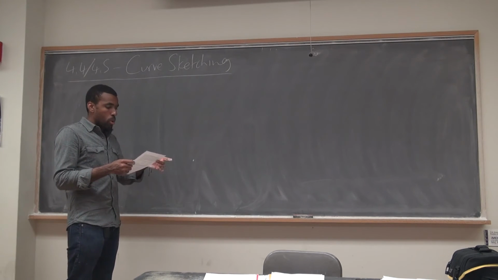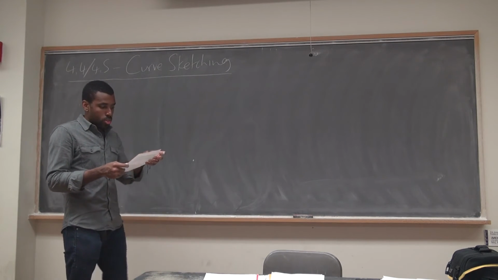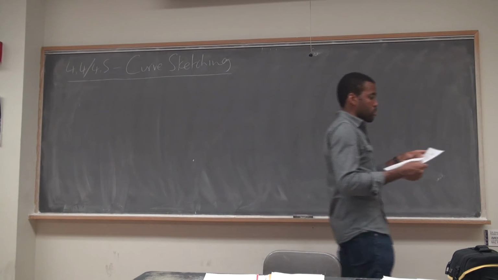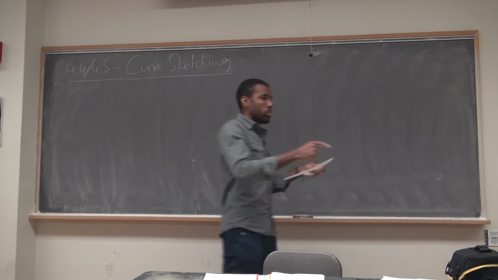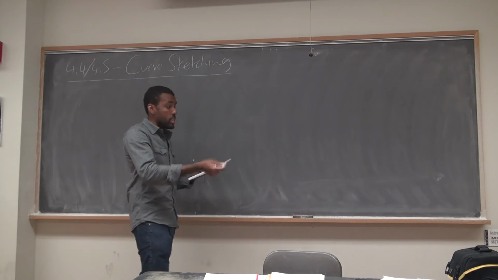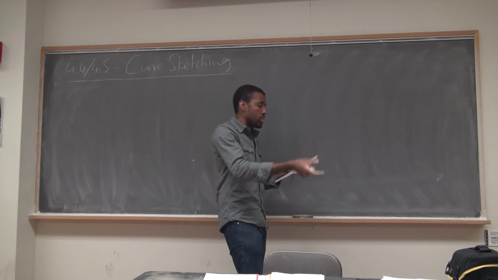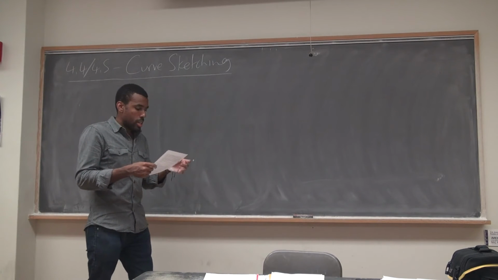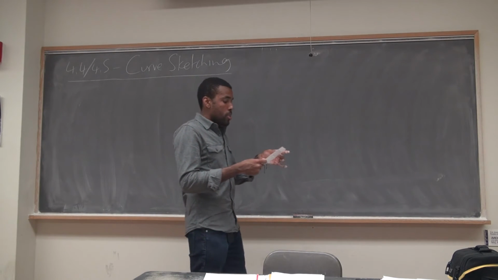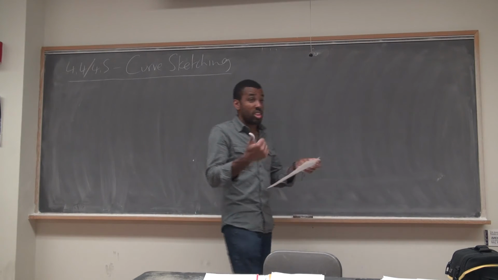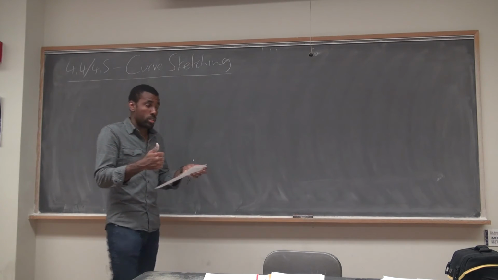Right? So step 1, given a function, you're always going to want to note the domain of that function. Find out where it works or where it doesn't work. So we know things like rational functions, right? When you have a fraction, the denominator can't be 0. If you have radicals and it's an even radical, what's underneath has to be greater than or equal to 0, etc. Right? So you just figure out where your domain is, because that's going to come in handy. If your function doesn't exist at a point, your derivative is not going to exist at a point, so that's automatically a critical point. So that's another reason why you should know it.